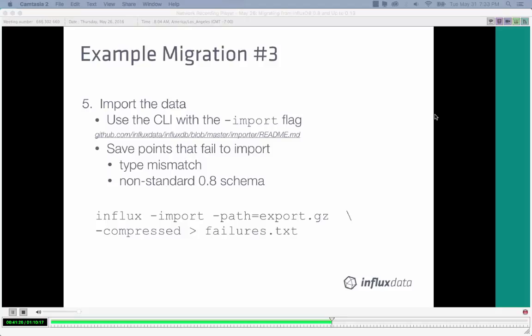We're going to use the command line interface that ships with every 0.9 plus. In this case, it's certainly going to have shipped with the InfluxDB 0.13 installation that we set up. And it has an import flag that we can pass to it. And that import flag is specifically built to import those DDL and DML files that we're creating with the export endpoint. The way that it will work is that during the export process, InfluxDB attempts to take the measurement name from Influx 0.8, which is typically going to be something like